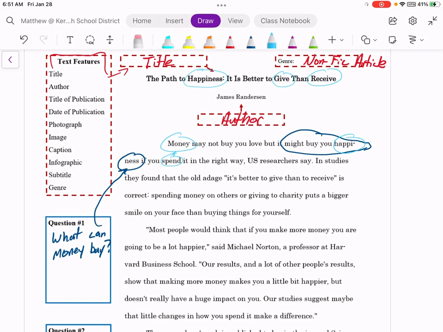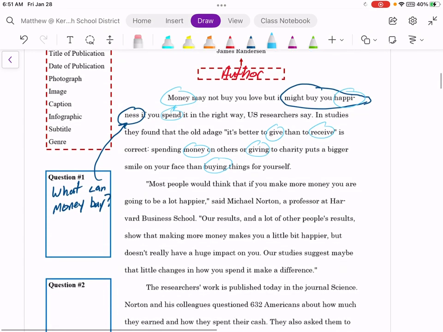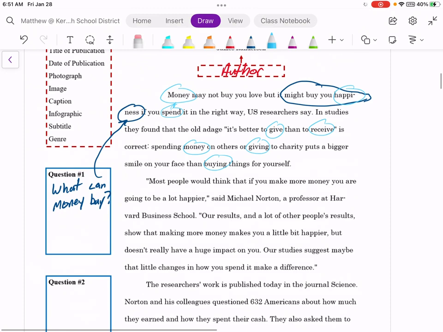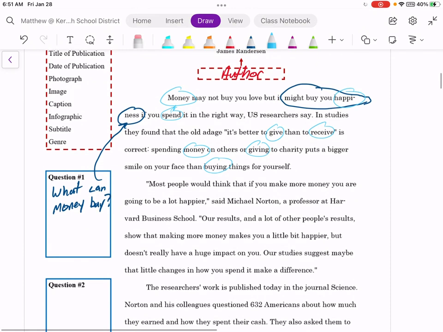Spending is connected to money. Better to give, to receive. Money, giving, buying. Okay. So please ensure that this is done for the entirety of the final paper. Again, if you come across words that you do not know, go ahead and simply put a box around words that are unknown.